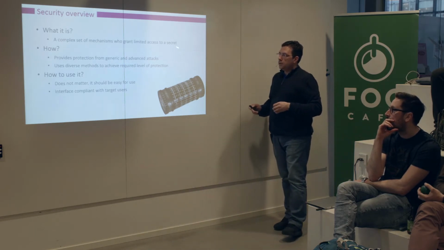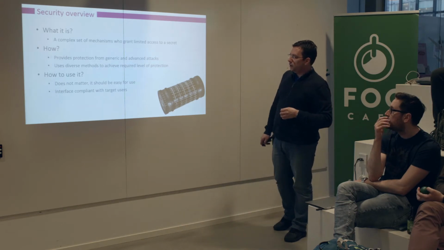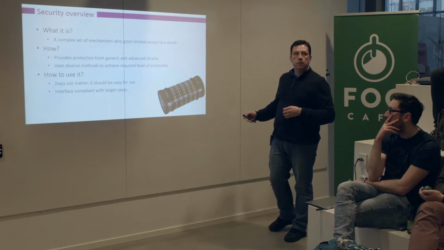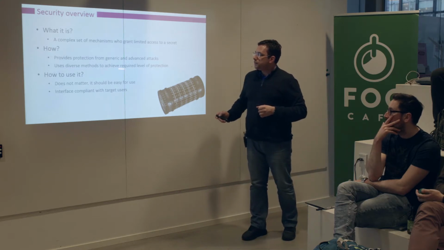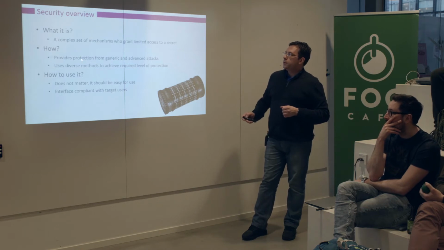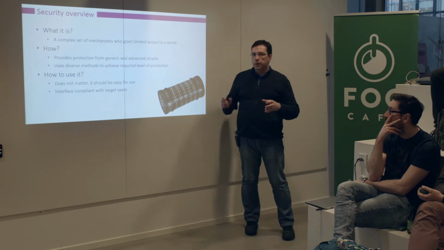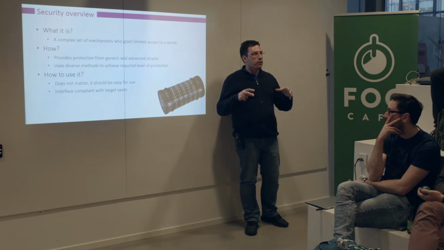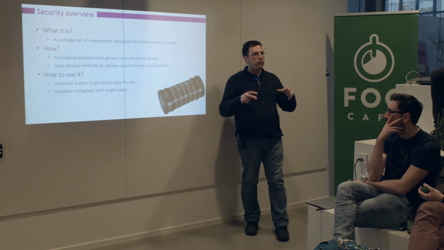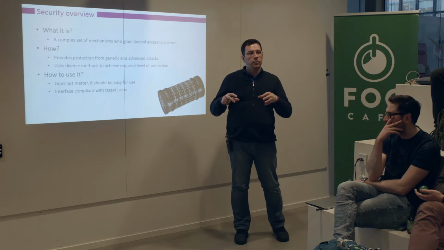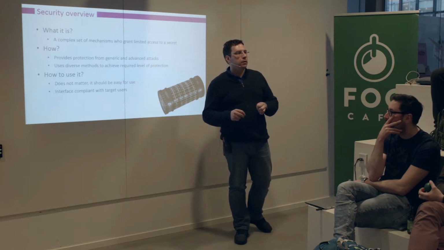So in basics, it is a set of complex mechanisms which are used in order to grant or forbid access to a secret which is concealed inside. How? It will have to provide protection from generic and advanced attacks, and it will have to use diverse methods to achieve the required level of protection. Whenever we design something, we have to define the level of protection which is expected out of the device. So whenever the device mechanisms are designed, they will be capable of coping with the expected